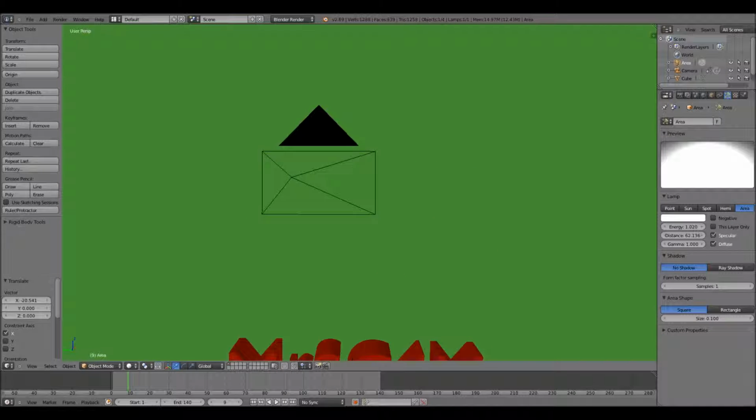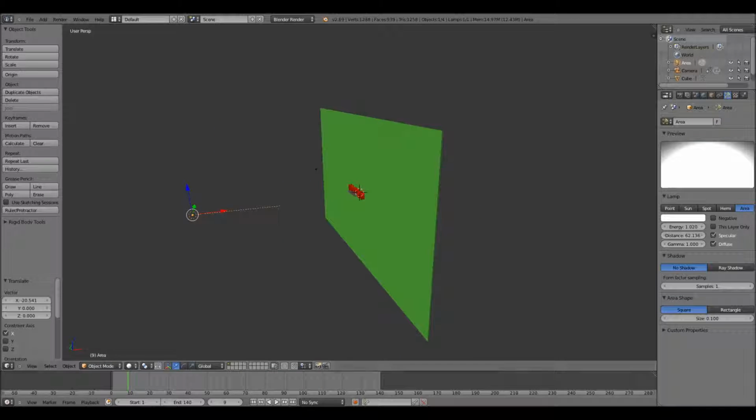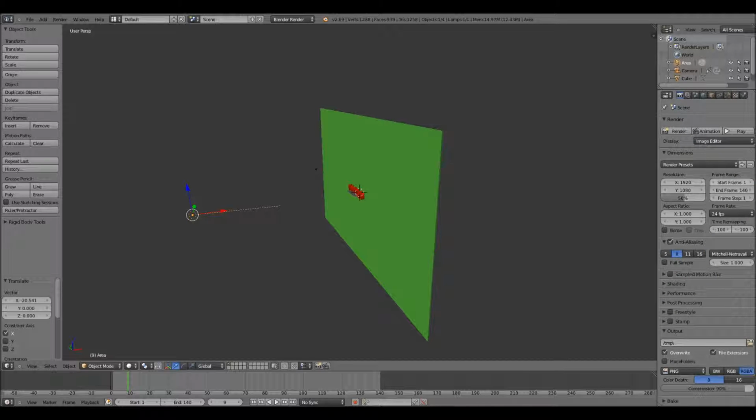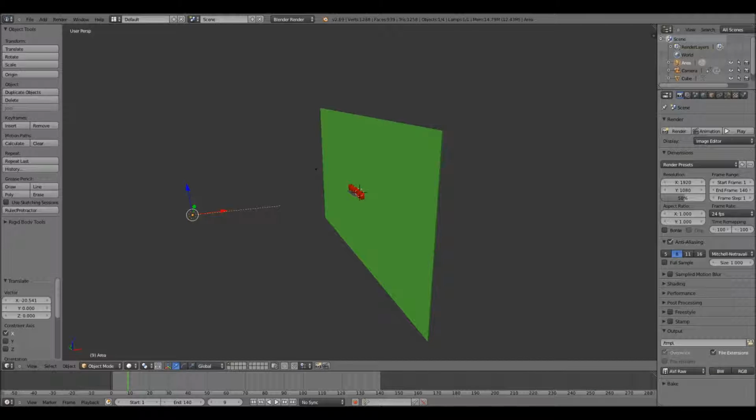Okay, so we've got the animation, the text, the background, and the lighting. Now all we need to do is render it. So you want to click up on this little camera in the tab here, and it'll bring up this render tab. And you want to go down to the output. Mine by default is set to PNG, and I want it to be AVI RAW. That's the best one I like using. So set it to AVI RAW, and then in the output,